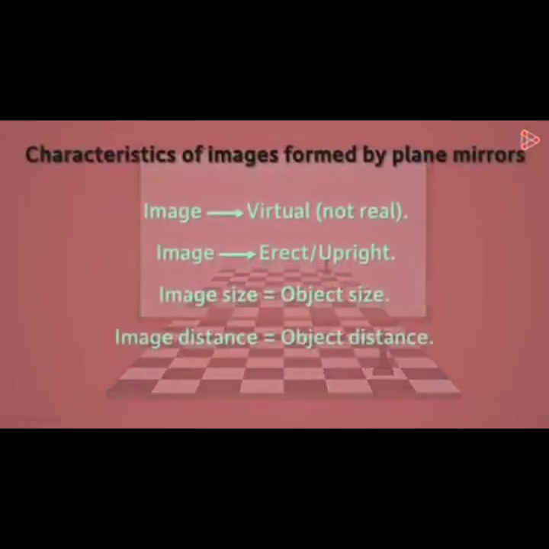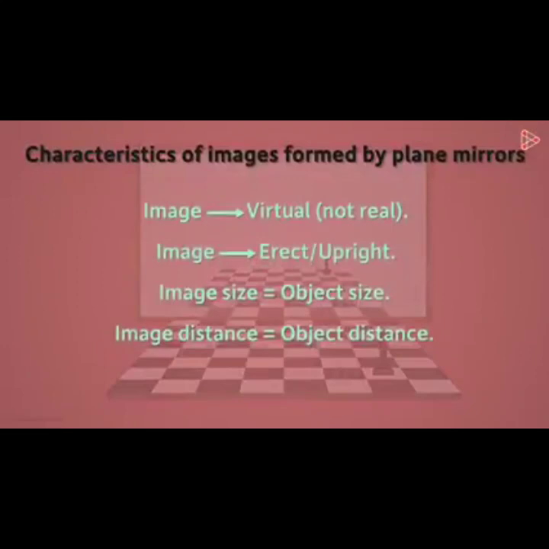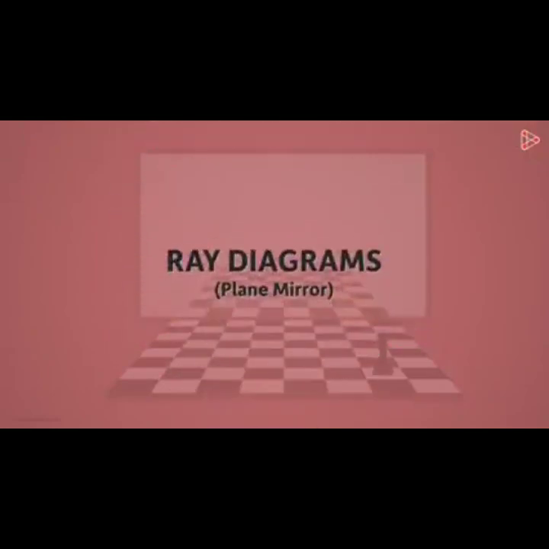So these were the characteristics of the images formed by a plane mirror. Let's quickly review them. First, the image formed by a plane mirror is virtual and not real. Second, the image formed is always erect or upright. Third, the size of the image formed is the same as the size of the object placed on the other side of the mirror. And lastly, the image formed is at the same distance from the mirror as the object is. In the next video, we will see what ray